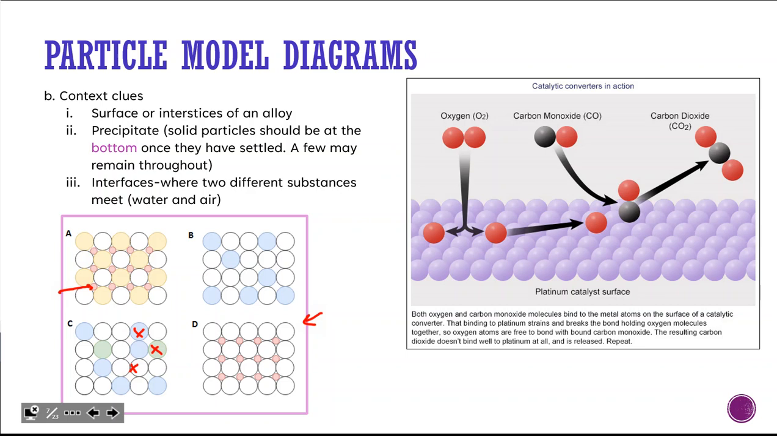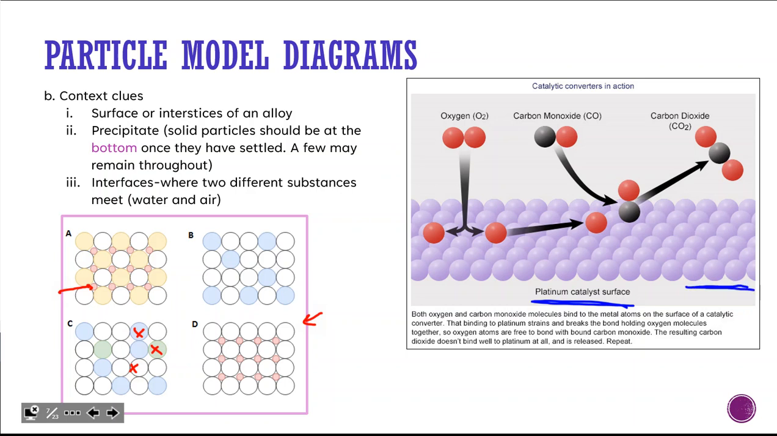But we'll go over alloys in detail, but that's one of the context clues. Precipitate at the bottom, of course, we've looked at a couple of those. You see the solid that fell at the bottom. Now, interfaces where two different substances meet. We've done a few of these, not many, but this picture over here, the platinum catalyst surface, is mainly showing you that, because this